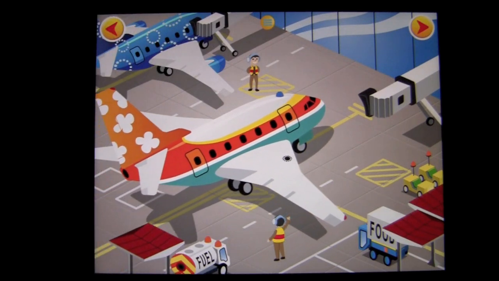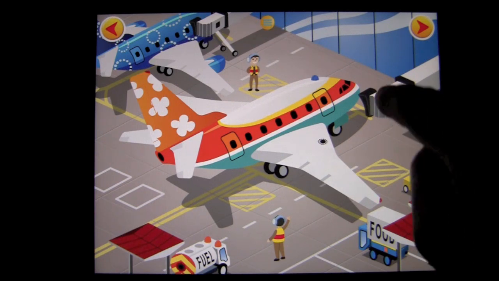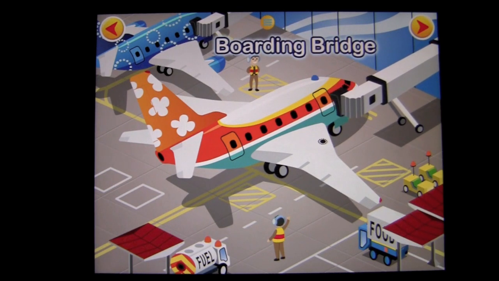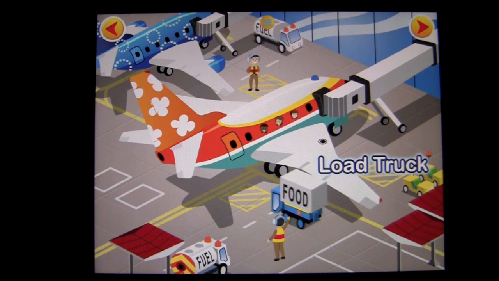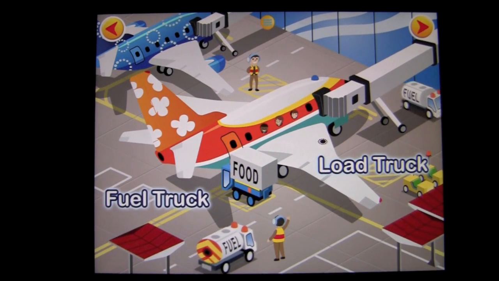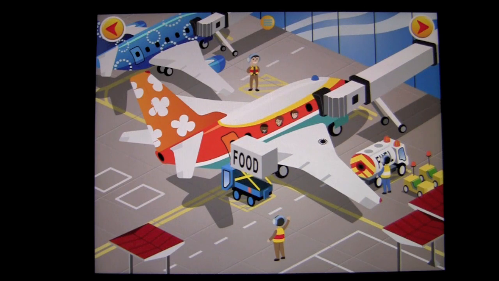The airplanes are outside on the tarmac waiting for passengers. Can you help get the plane ready to fly? So again, your child has a kind of a duty to do or a job to do here and figure out how to get this plane ready to take off. So you got to get the people off and back on using the boarding bridge. You're going to need some food, and you're obviously going to need some fuel. So you send those trucks into action, raise the food up, and you can tap on the various individuals to see